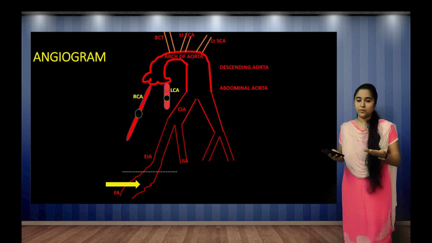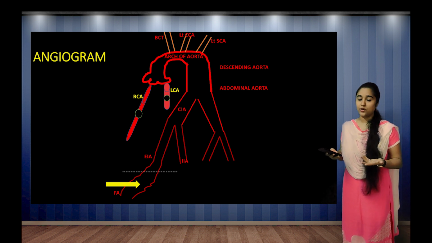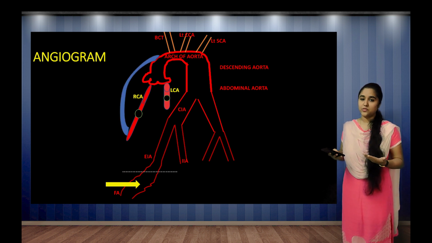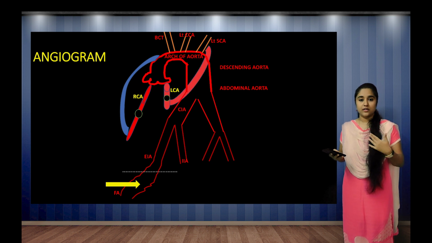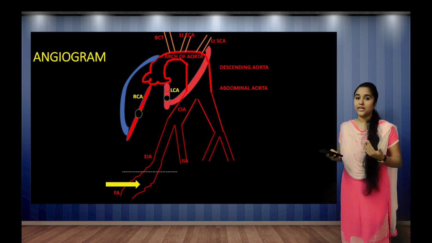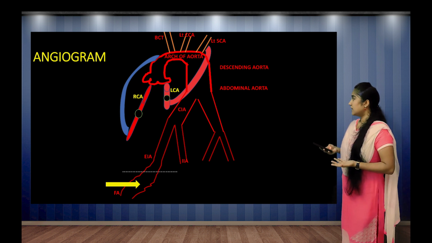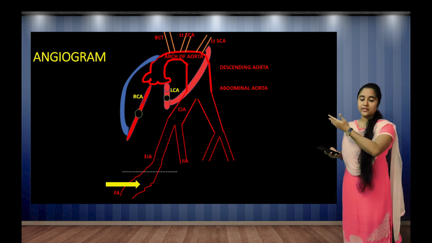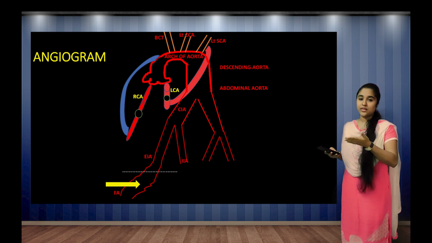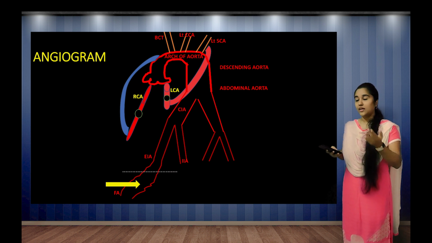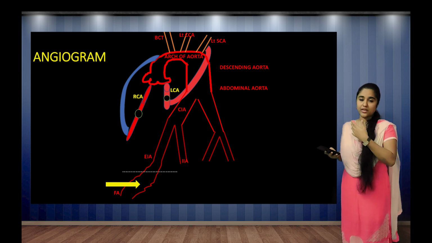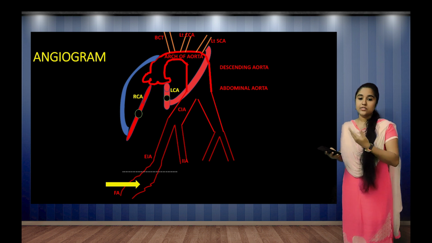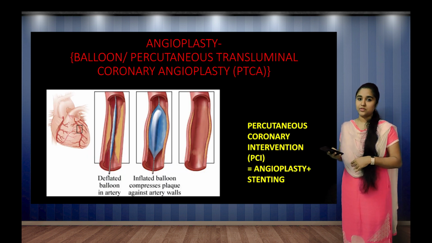Then for permanent procedures, you can insert stent also. The stent, that is a tube with the wire mesh, that can also be inserted. And you can do the coronary artery bypass grafting. So for that you can use either saphenous vein, or you can use the internal mammary artery graft or the radial artery graft. So in the figure you can see the one saphenous vein graft is from the arch of aorta to the right coronary artery distal to its obstruction. Another graft, an arterial graft, that is internal mammary artery graft, from the left subclavian artery to the left coronary artery distal to its obstruction.